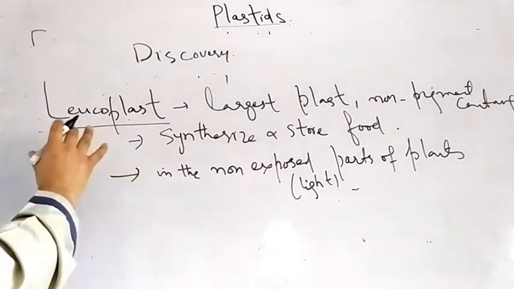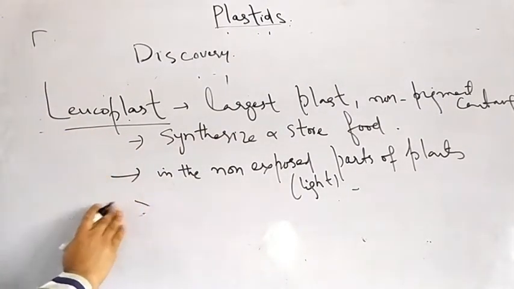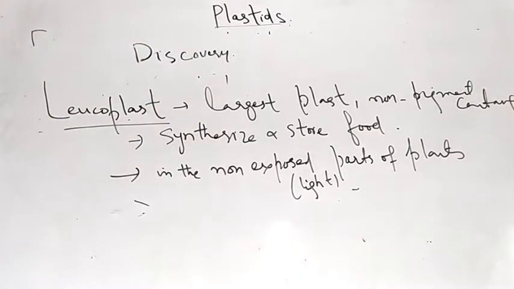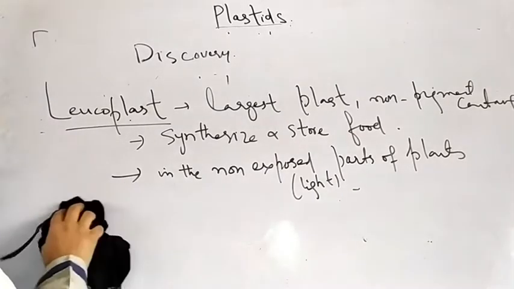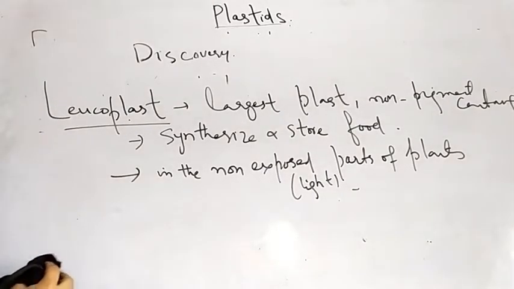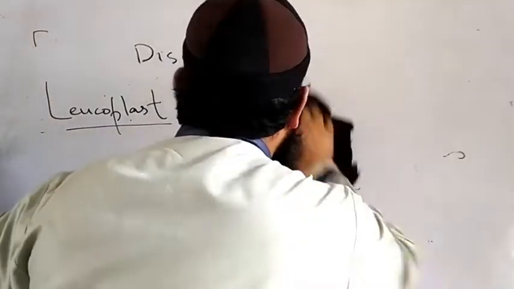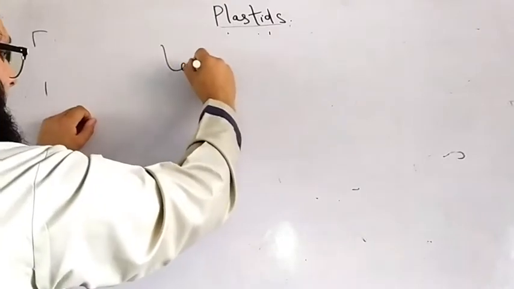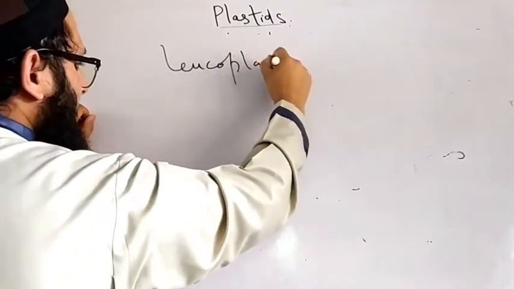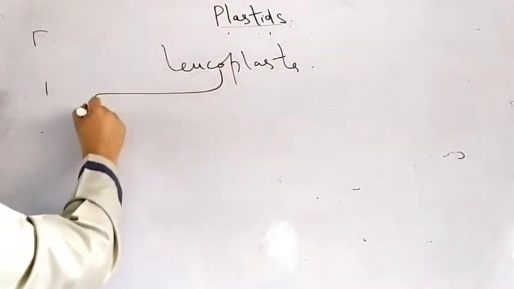In those parts this leucoplast is present, and this leucoplast is divided into three subtypes according to the type of food which is synthesized and stored. So the leucoplasts have been divided into three types: